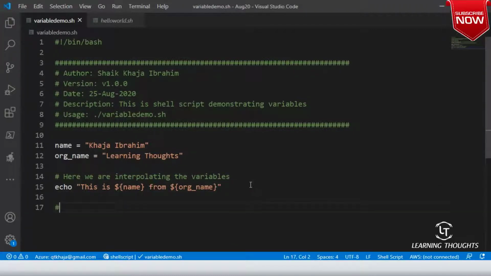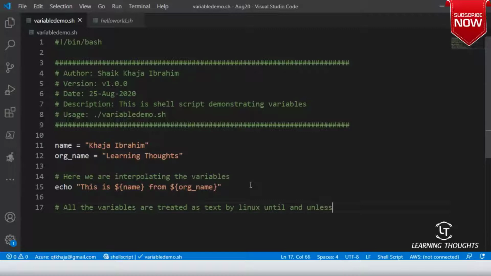Now let me try to write one more thing. All the variables are treated as text by Linux until and unless you are explicit. So let me create a variable called number, and assign the value number equals.